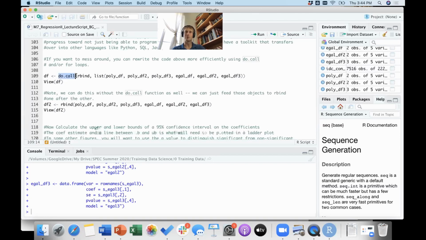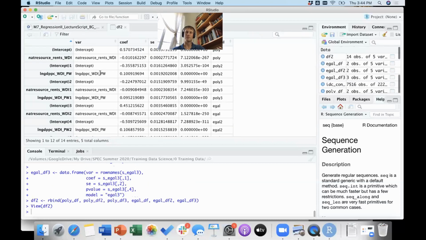We can use this little do.call function if you like, which is a slightly more efficient way to write code where you're feeding in a list. In this particular case, we actually don't really need the do.call. We can just feed the 6 objects directly into our bind. So we can just run the code this way, but I wanted to at least throw out the